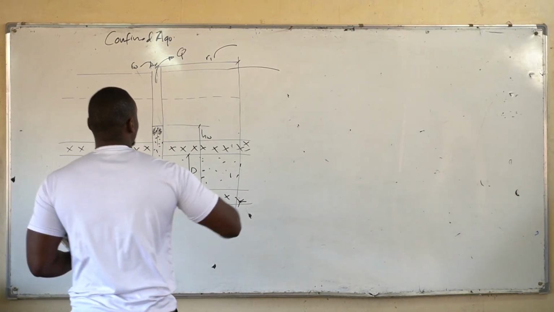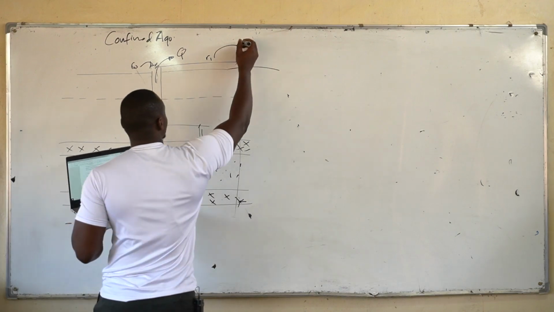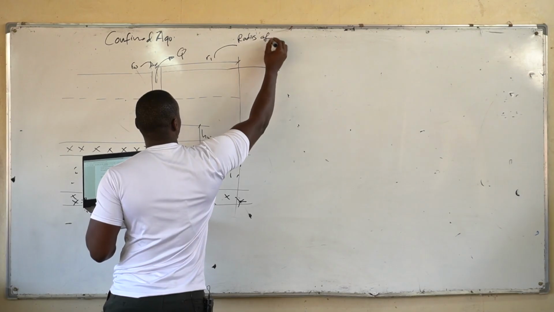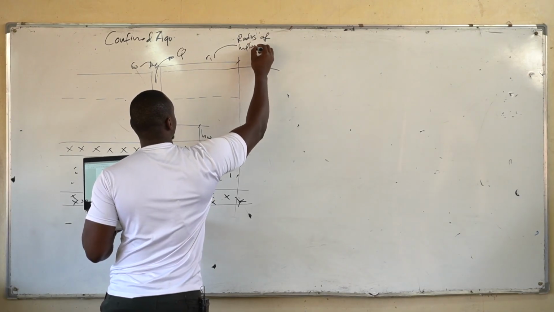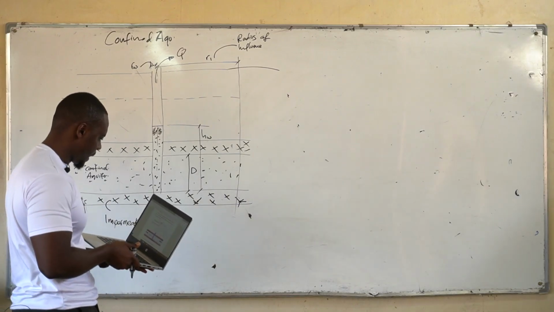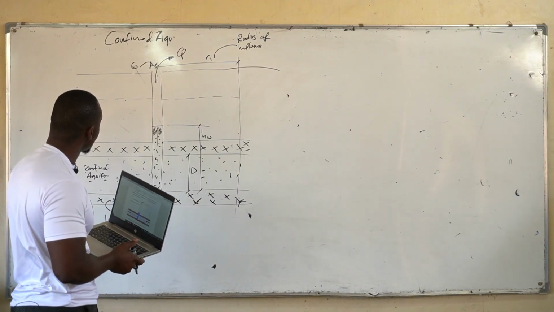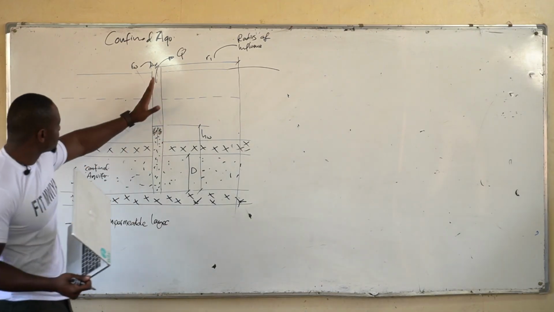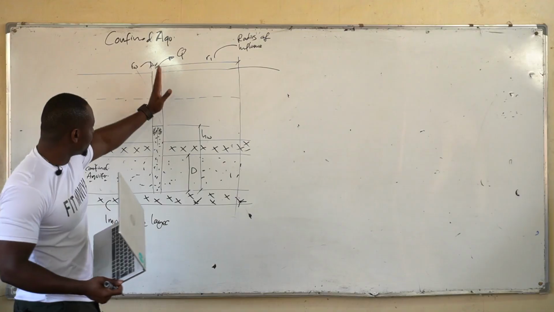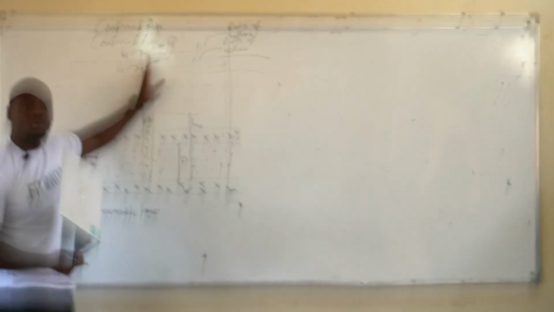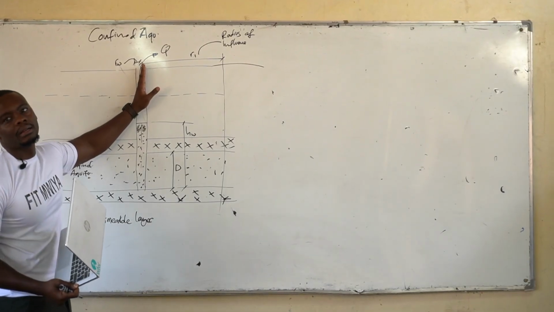Okay, so R1, so we can just say radius of influence. Okay, and the radius of influence is just the distance that you get from the middle point or from the center of your